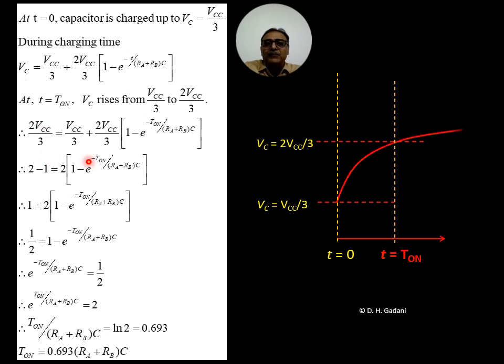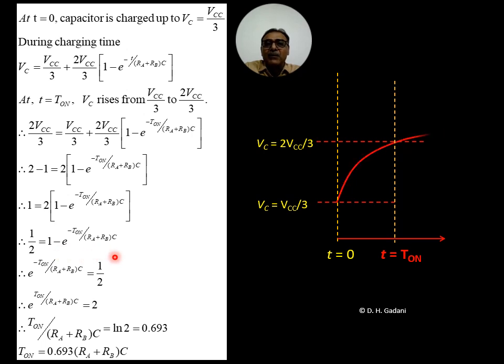2 Vcc by 3 equal to Vcc by 3 plus 2 Vcc by 3 into 1 minus e raised to minus t on upon (Ra plus Rb) into C. If we cancel Vcc by 3 from both sides, we get 2 minus 1 equal to 2 into 1 minus e raised to minus t on upon (Ra plus Rb) into C. So this gives 1 equal to 2 into 1 minus e raised to minus t on upon (Ra plus Rb) into C. If we bring this 2 on this side, we get 1 half equal to 1 minus e raised to